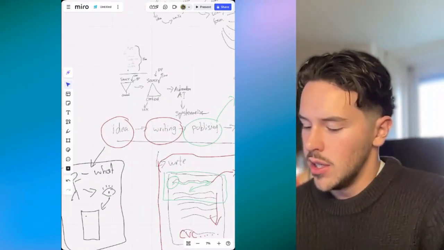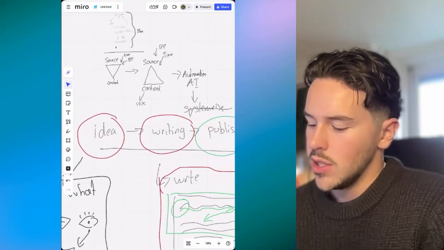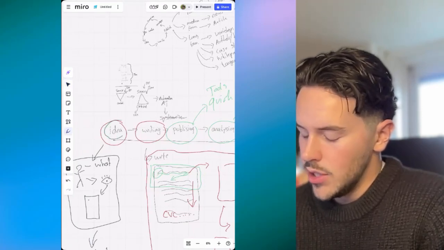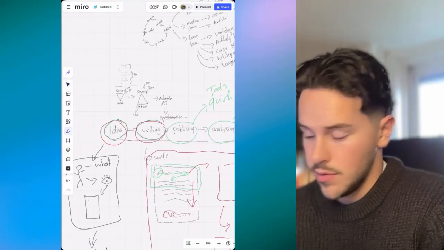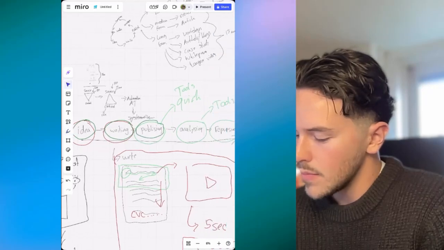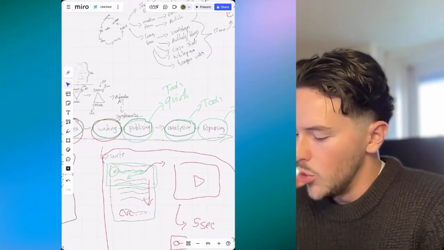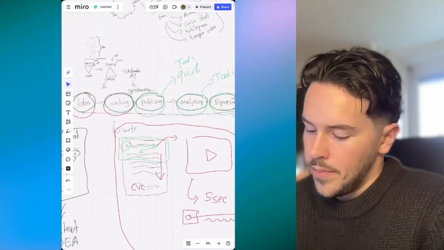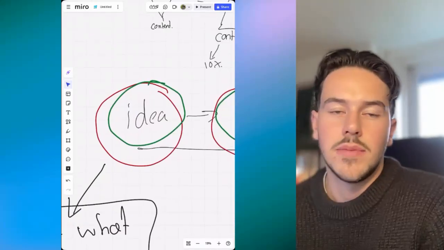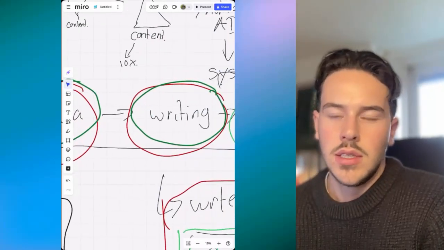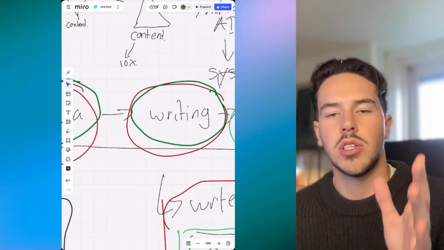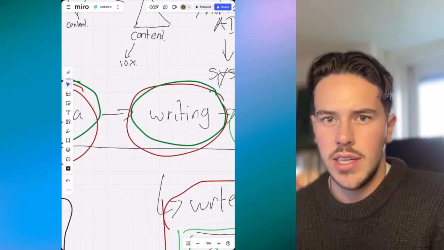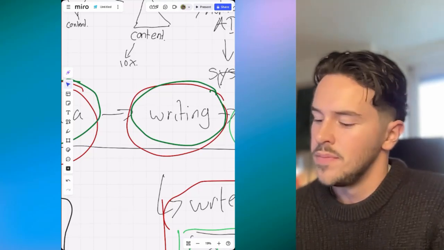Well, I wrote this down earlier because content works in 5 stages. We got the idea generation, the writing of the content itself, publishing, analyzing, and repurposing. These are the 5 stages of content. Now, we have talked about the idea generation phase, and let's get back into the writing phase. So, with the tactics I'm going to show you later, you're going to have some systems on how you can generate ideas specifically for your ideal client.